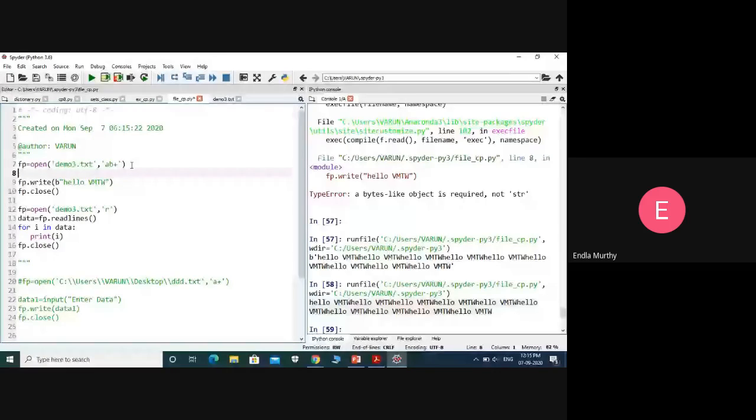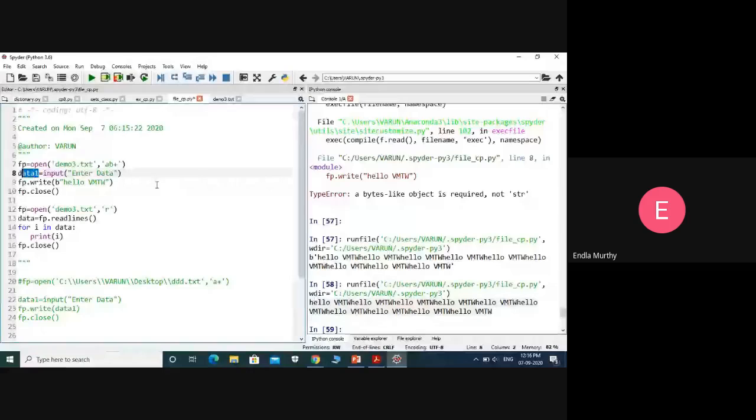Here we have a predefined function, input. Using this function, you can pass some data from the keyboard, and whatever data I pass, I store in the variable data one.